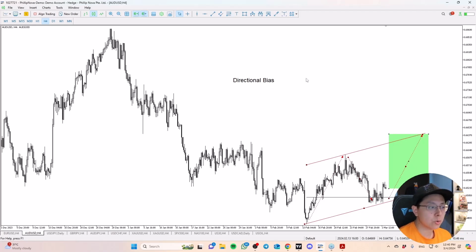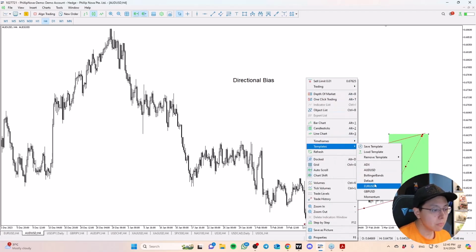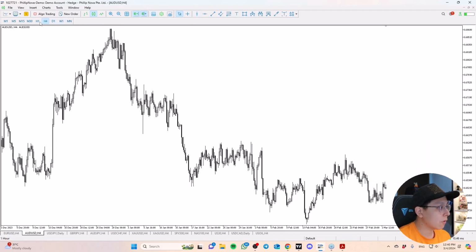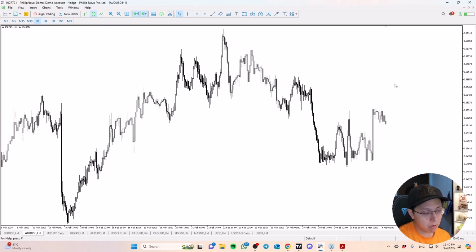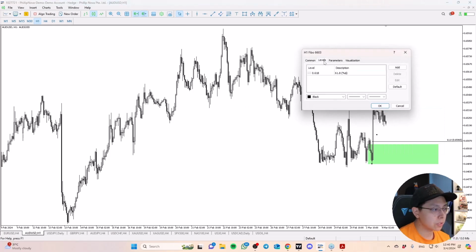The next thing is to establish my setup. Just now I showed you an example of order flow on the lower time frame. If I play around with multi time frame, for my setup I like to look at H1. H4 is for me to establish the direction. Over here we have a very obvious fair value gap, right? So I'll just draw in the demand zone here. For me, I also utilize Fibonacci, so I like to take it from swing low to swing high, and I'll utilize the Fib on 71.